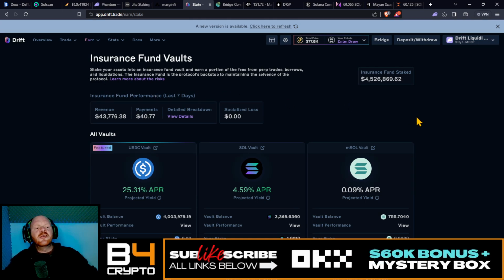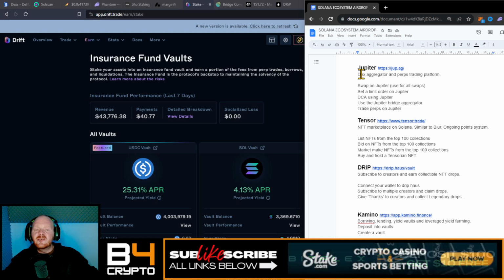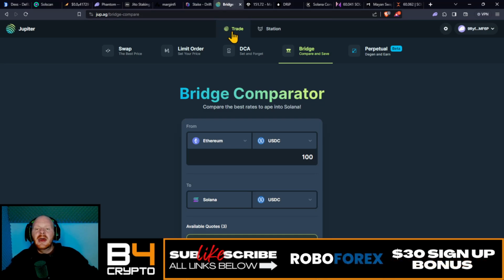So let's go over to the next project. And yes, you can find all the information in this document. And the next project is going to be Jupiter. Jupiter is a decentralized exchange, aggregator and perpetual trading platform. Swap on Jupiter, set a limit order on Jupiter, dollar cost average using Jupiter, use the Jupiter bridge and trade perpetuals on Jupiter. So let's go over to Jupiter, and yes, this is an easy platform, and yes, they have